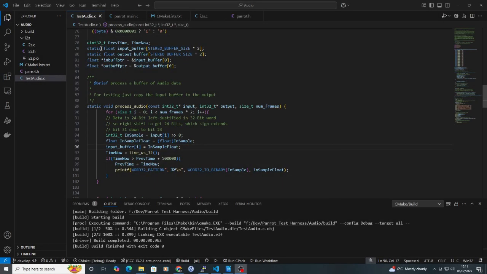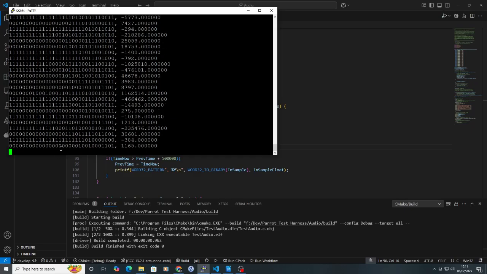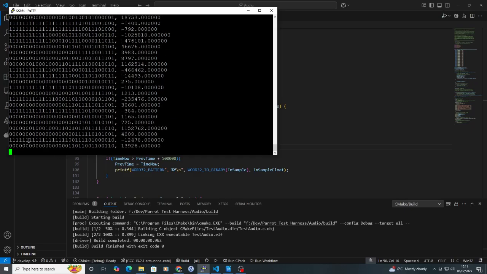What I need to do, therefore, is convert my incoming data into floats and store it in an array of floats. So I'm taking my 32-bit signed integer and I'm right shifting it 8 bits to put my 24-bit data into the low 24 bits, and then I'm casting it to a float and storing that in the input buffer. And if I look at what that looks like, you can see that my data is now in the lower 24 bits,